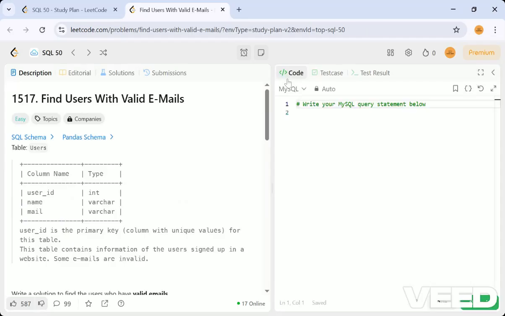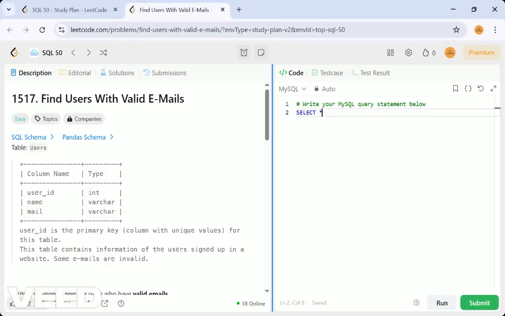We can just use a regex format to check the emails. So let me start with a simple select. What do we have to select? We have to select the user id, name and email, so let me just give star in that case. From what? From the Users table. The condition we have to apply with a where clause, on the email.